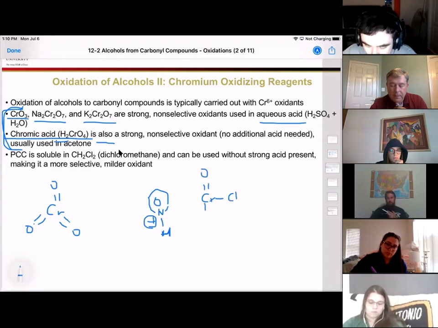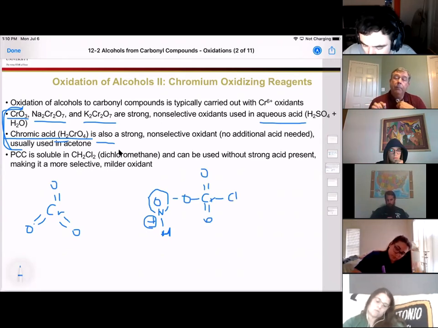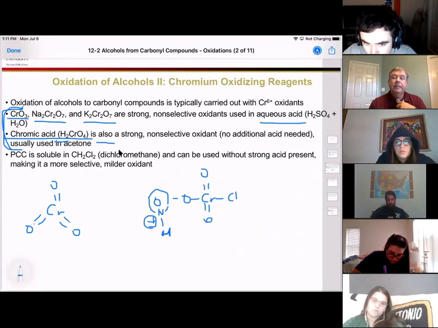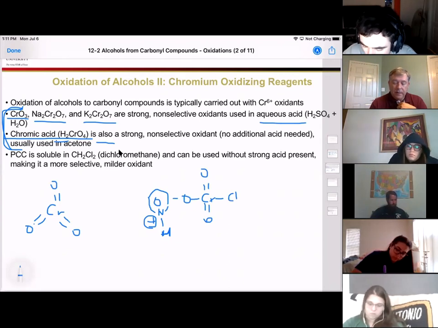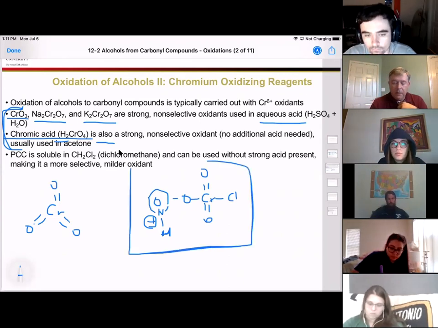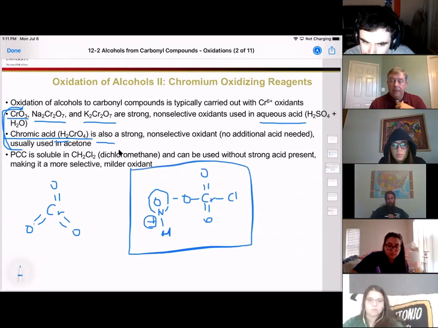And so what you end up with is chromium still in its +6 oxidation state, but it now has a chromium-chlorine bond. That chromium-chlorine bond lowers its oxidative strength. Because it has a lower oxidative strength, it is selective. And so this compound right here will stop at an aldehyde,